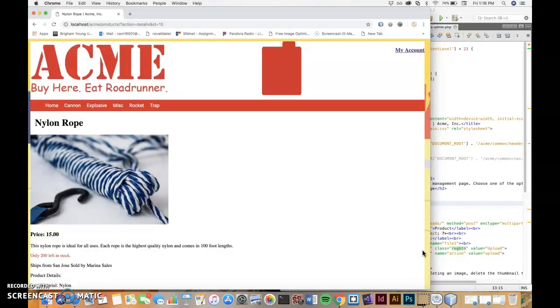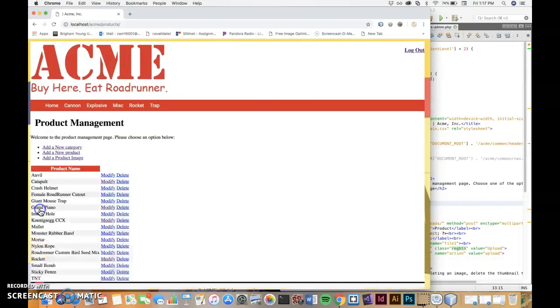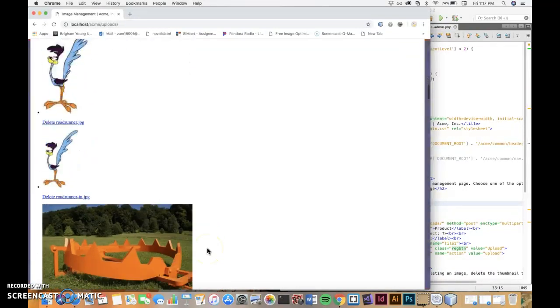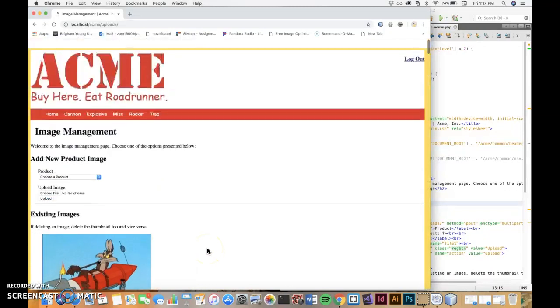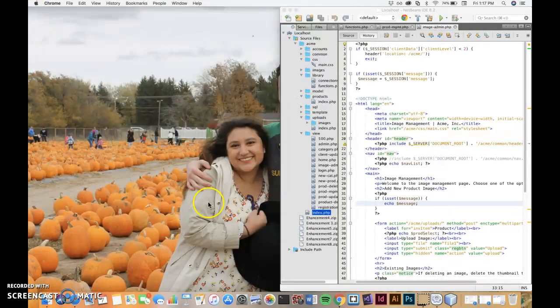Exit out of here. I also wanted to show when you log in, we're supposed to add the add a new product image page. So I just wanted to show that. It's all here. And then for the second part, I'm supposed to pull up my